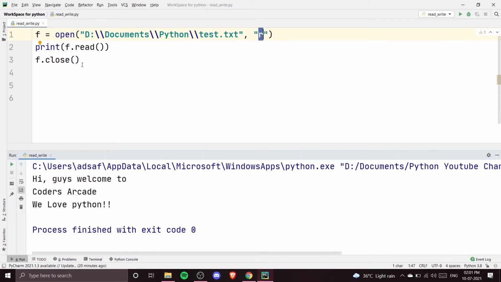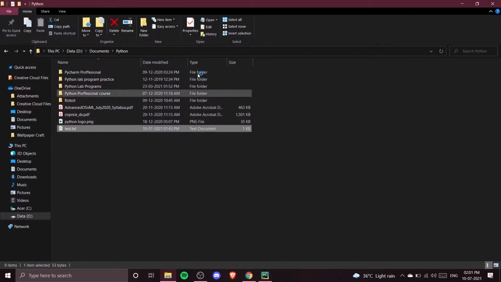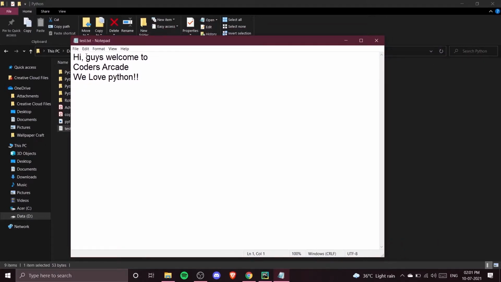Let us say we want to calculate the word count as well for each of the lines. What I mean is, I'm going to show you. You see here, "Hi guys, welcome to Coders Arcade. We love Python." I need to see the word count somewhere on the first line,